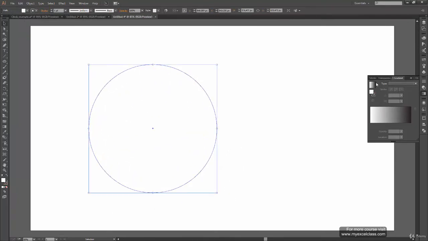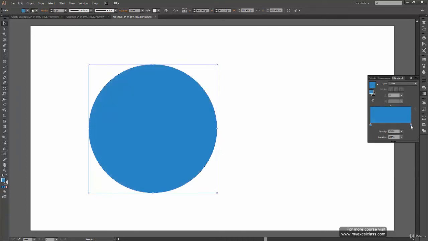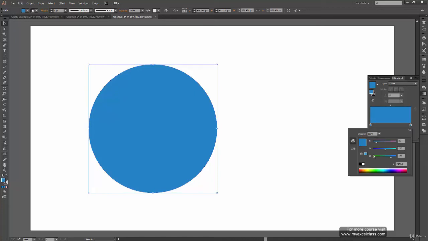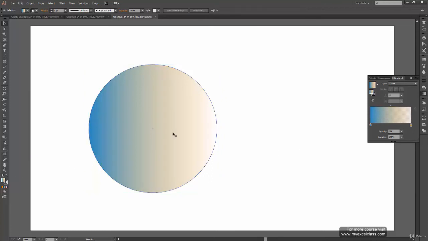Let's say this is a circle, and here I have these two colors with 100% opacity, and this one turns from blue to orange. Okay, there's no problem with that. Now what I want is to make this orange 100% transparent. So just select this bucket and reduce opacity earlier to 0. Now you can see that that color has gone and the color is transparent, but that shift from blue to orange is still here.